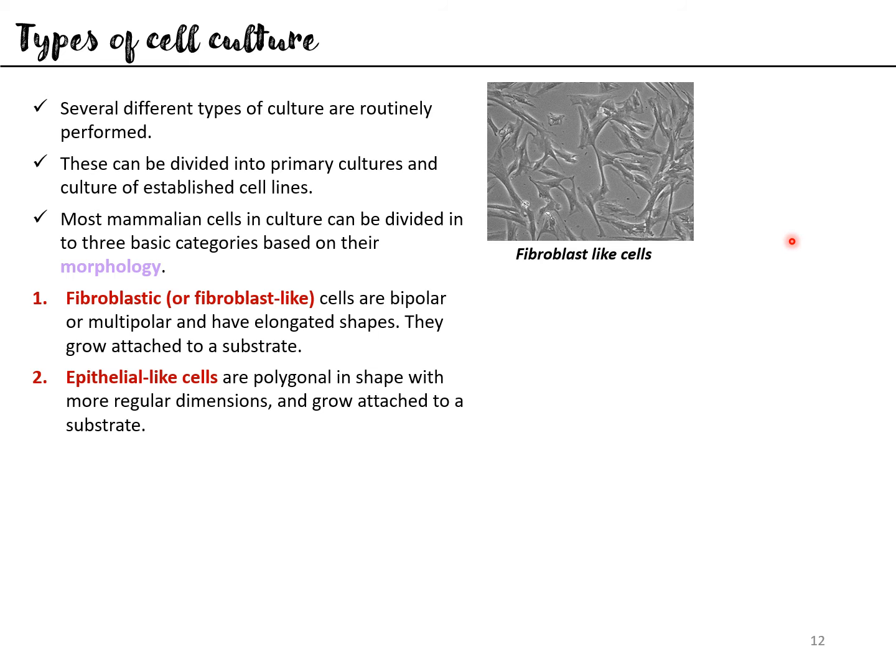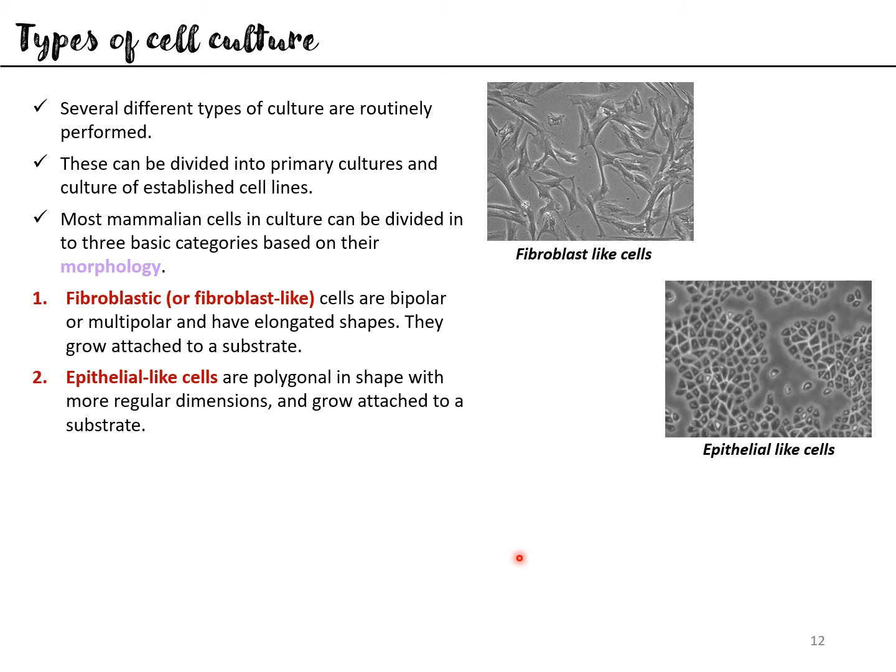So the next type of cells that we are going to talk about are the epithelial cell-like cells. Epithelial-like cells are polygonal in shape with more regular dimensions, and they grow attached to a substrate. So this is what your epithelial-like cells would look like under the phase contrast microscope. As you can see, they are more regular compared to the fibroblastic cells, and they are also adherent in